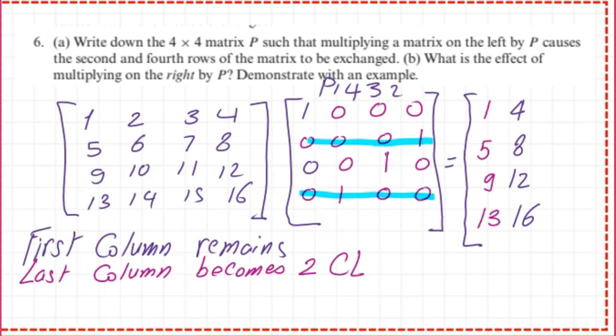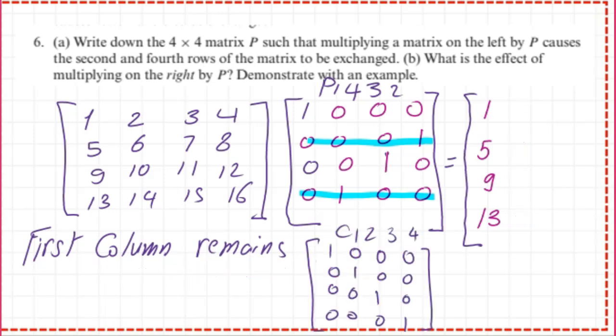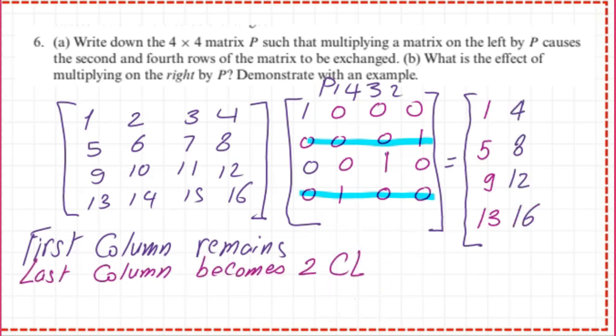Okay, we'll move to B 1 4 3 2. This 0 0 0 1 is the fourth position of the identity matrix, which means that it brings the fourth column to the second column. So the fourth column is brought, 8, 12, 16 here. So I write the first column remains from the first case. The last column becomes the second column. Okay. We have 0, 0, 1, 0.